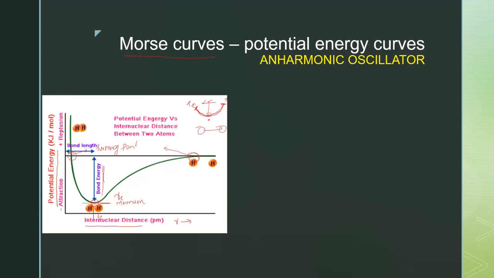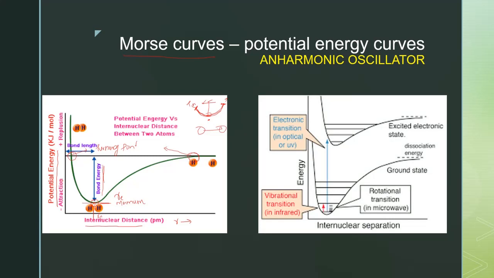Since we are talking about transitions, we have the ground energy state and an excited energy state. Every energy state is denoted by a similar curve. So if the atoms get excited, it changes the shape of the potential curve, as well as its minimum distance or the internuclear distance. So here shown is a ground energy state. This is the potential curve of the ground energy state. In this potential curve, this is Re. So Re is this point, and